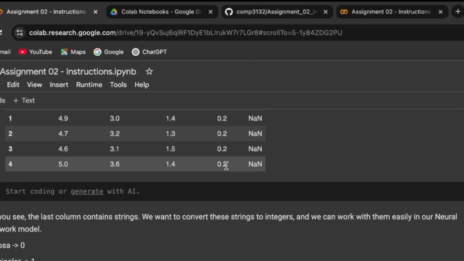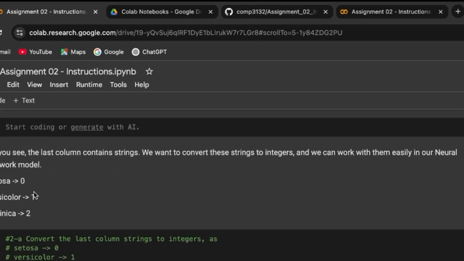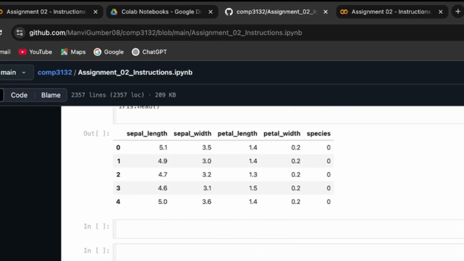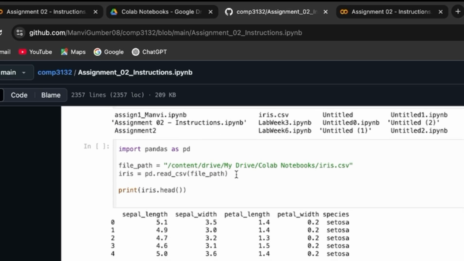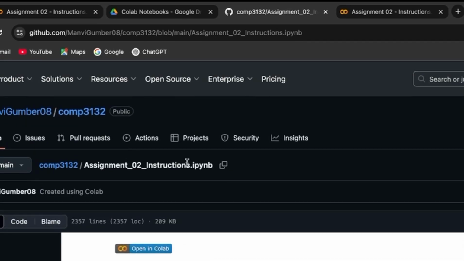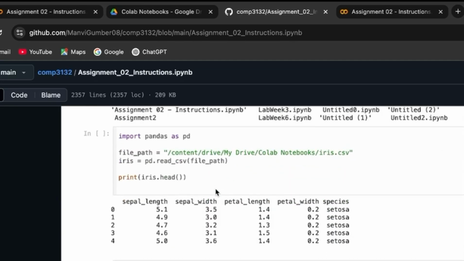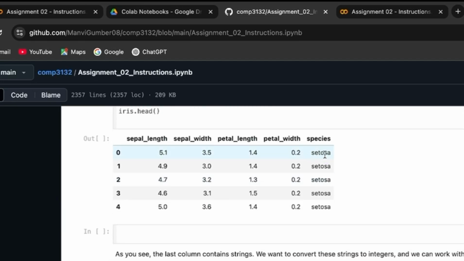And then, as you see, the last column contains strings. You can see over here that this is the updated code, so that's why it shows no value there. You can see this is my main in GitHub, and over here it shows that it was setosa for the first 5 values. So it shows me the string values of the species, which is setosa,